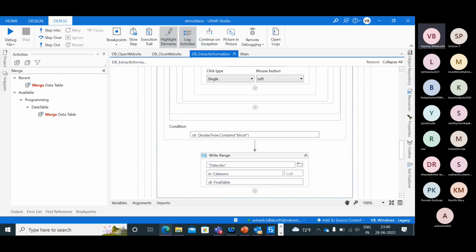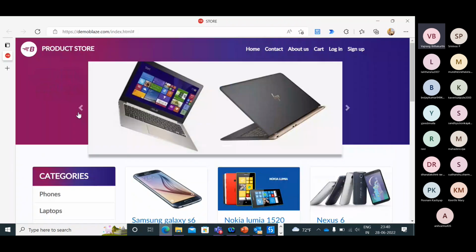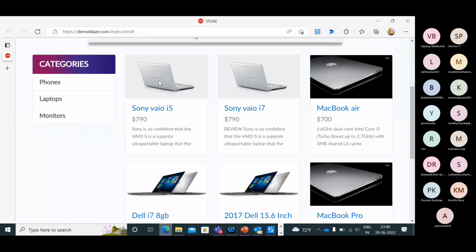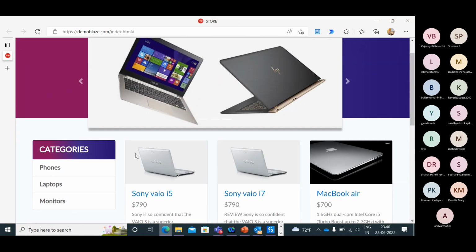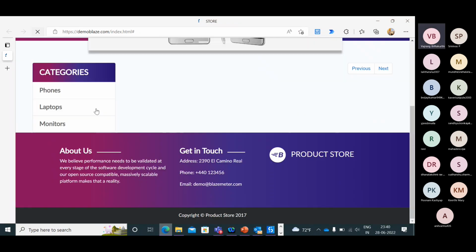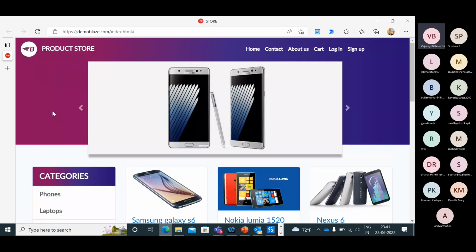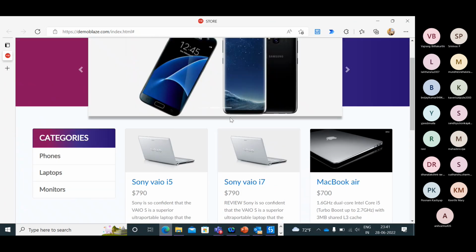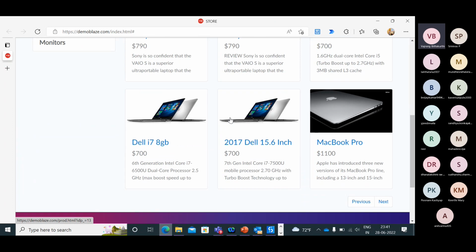So let's see. Laptops. So in laptops, we have refresh laptops, every page laptops. So this is the next page. Okay.